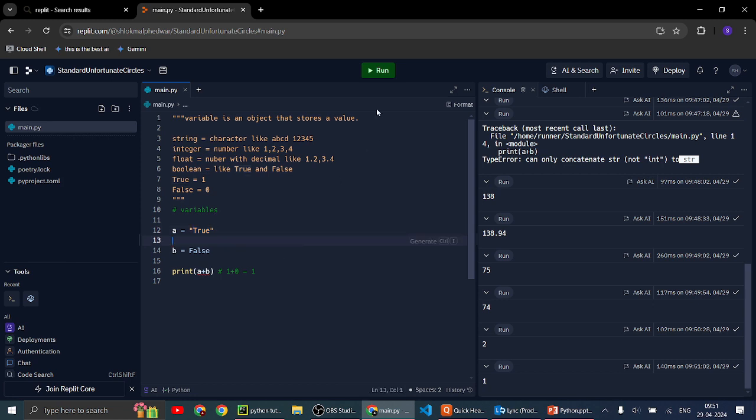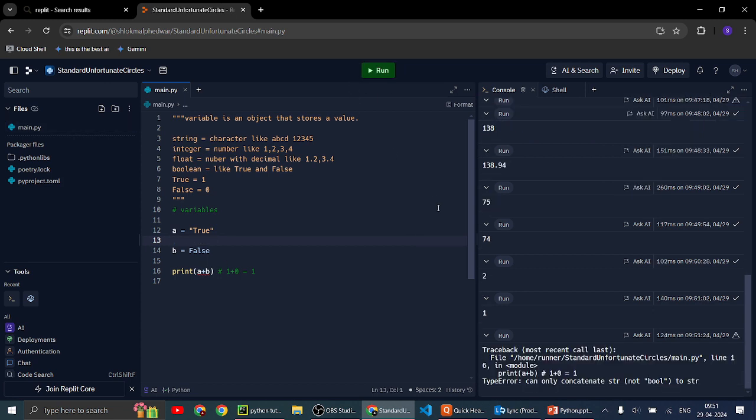But you might have a question. Can we add string to boolean? No, we can't do that. It will throw an error that it's not a number. It's not a float value or decimal number. It does not contain 1 or 0 or true or false.